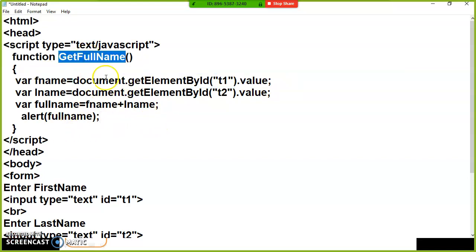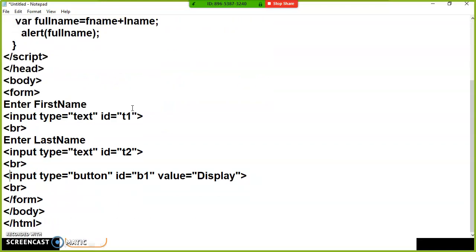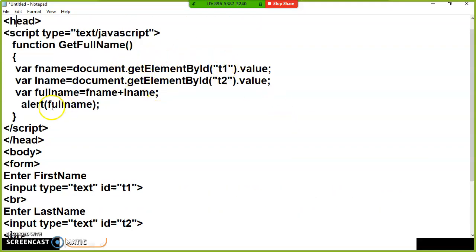I want to execute this function. The function will get executed when the user clicks on this button. So here you have one event called onClick event. onClick is equal to, you can invoke the function getFullName. In JavaScript HTML, program execution starts from the body tag. And this output will be displayed in the browser. When the user enters the first name and last name and clicks on the button, the onClick event will fire. This event will call the function getFullName. By using DOM traversal, catching the values, finding the logic, it performs the operation.